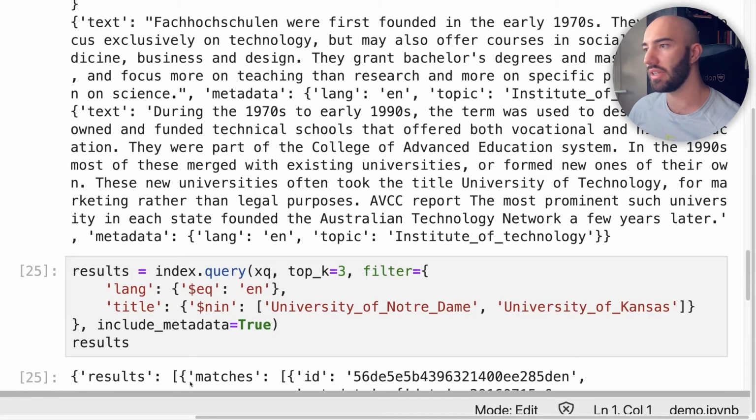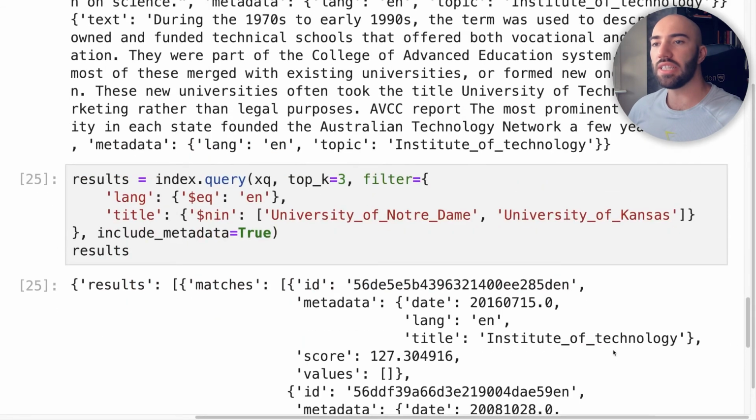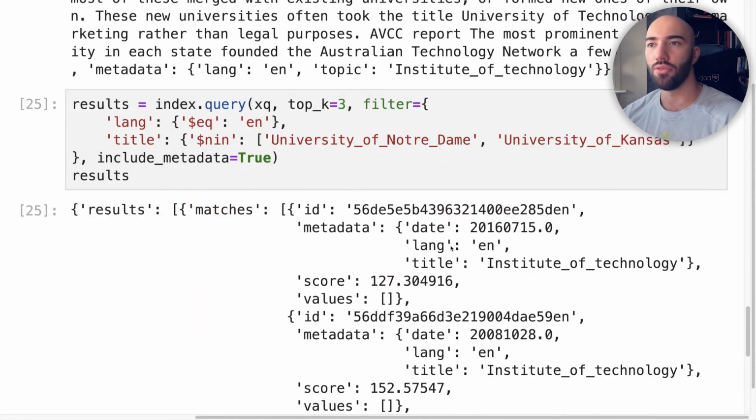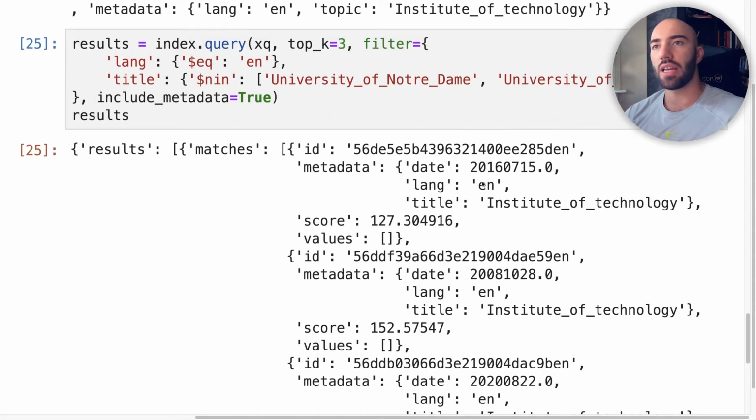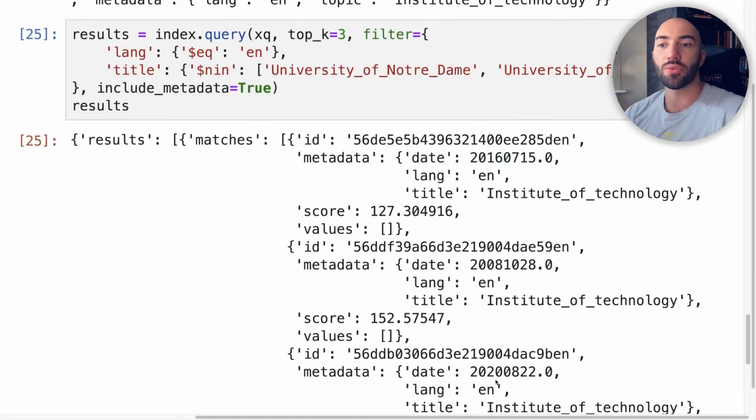Let's just see what we get. So we see now that we actually include the metadata in our results, which is also pretty cool. Now we have date, which is just a numeric value here. It's just something very simple. It's just randomly generated. There's no actual relation between the date and this record. It's completely random. And we can see, okay, we have a date from 2016, 2008, and we also have 2020